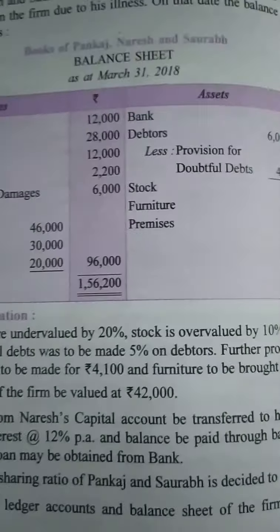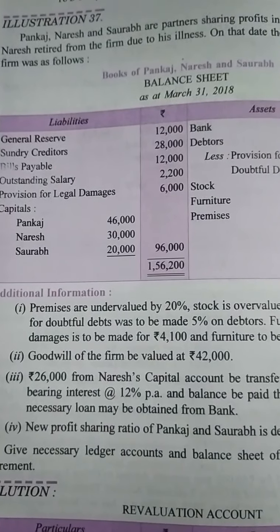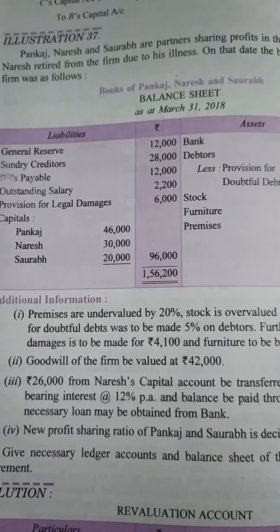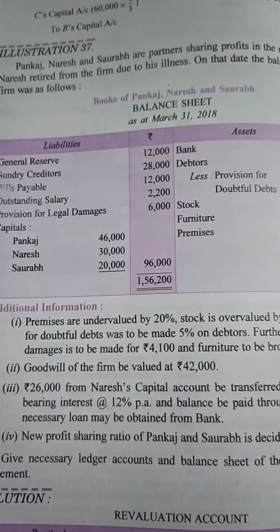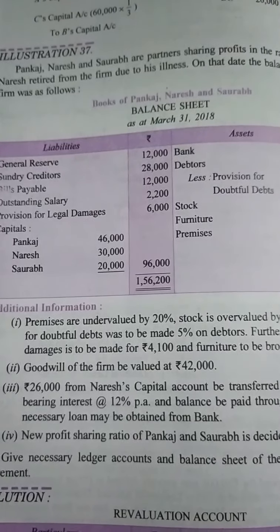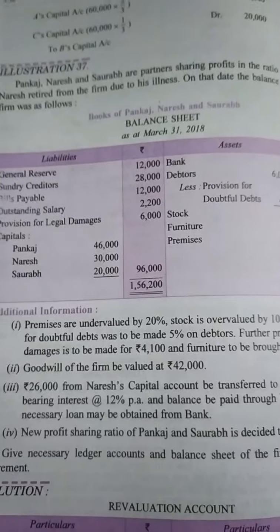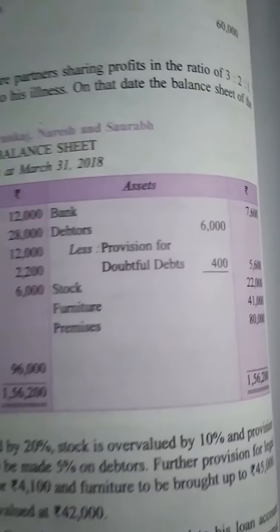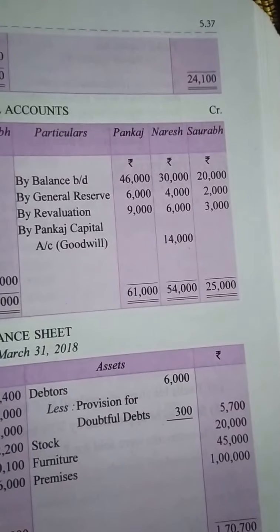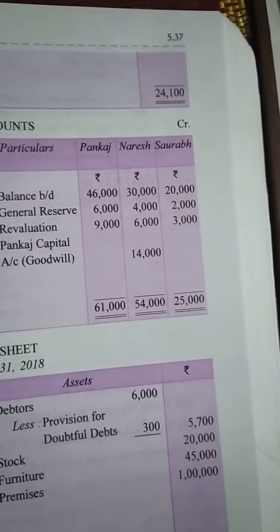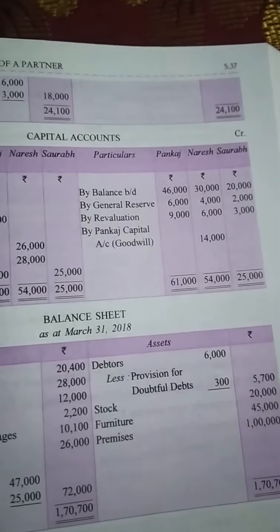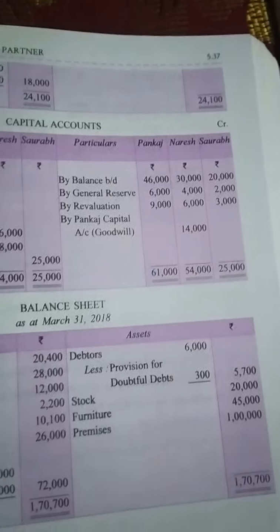If there is any reserve on the debit side, it is posted on which side? On the opposite side. You can see this side is left hand side, so it will be posted on the right hand side of the capital account. And in which ratio will it be distributed? In the old ratio, that is 3:1. General reserve will be distributed in 3:1. 6, 4 and 2,000. Just calculate 12,000 multiplied by 3/6, 2/6 and 1/6. You will get the answers 6,000, 4,000 and 2,000.